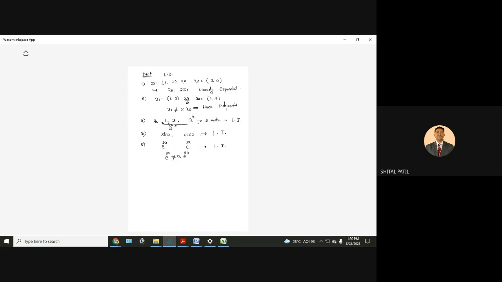First formula, okay? It was e raised to m1x. This is one function. E raised to m2x. This is the second function. E raised to m3x. This is the third function. And if there are n roots, we can add n functions. And what is the speciality of all these functions? All the functions are linearly independent.